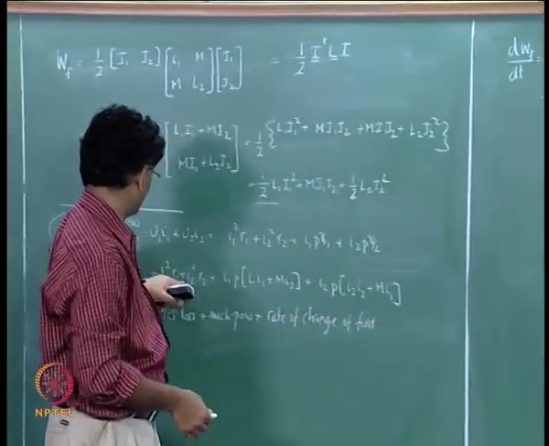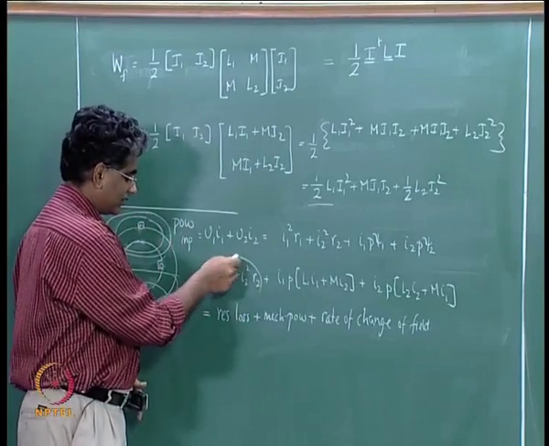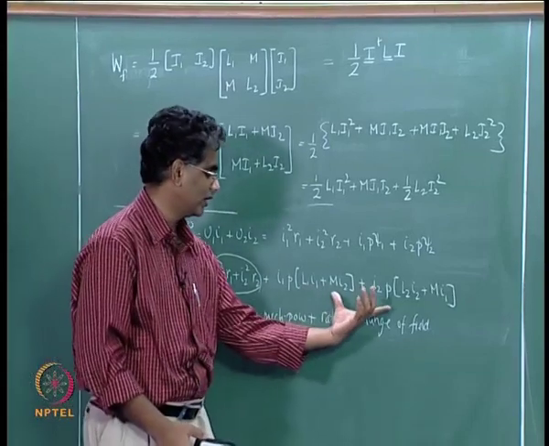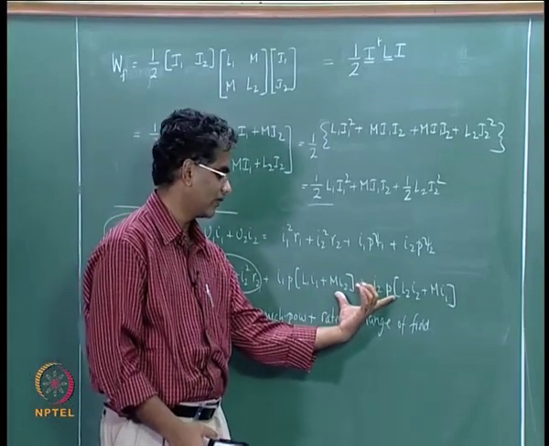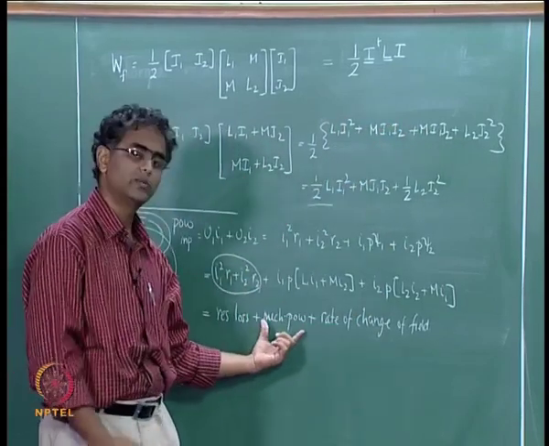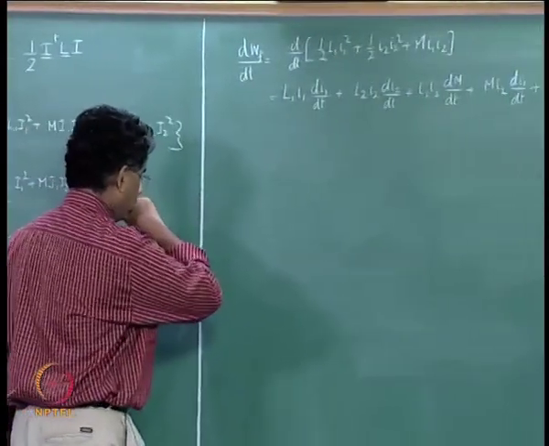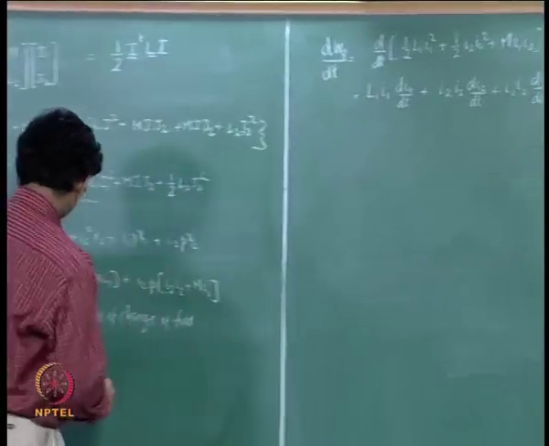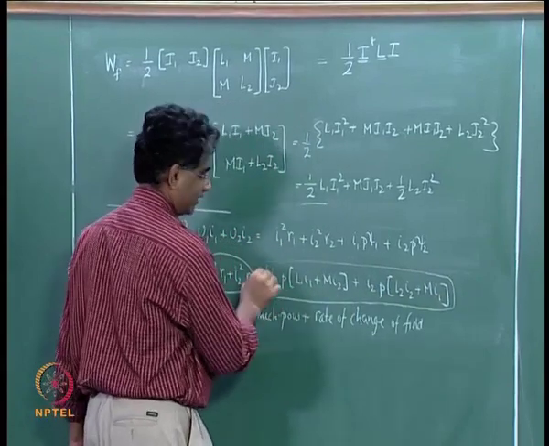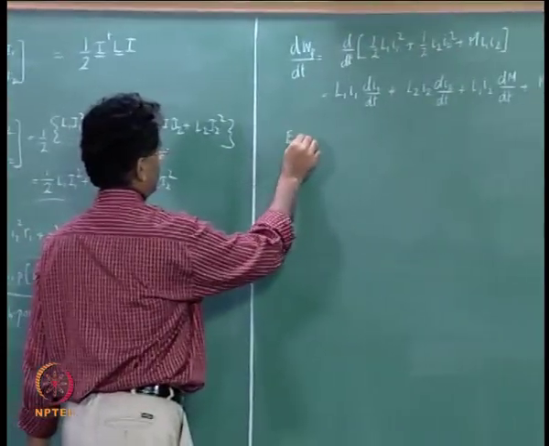And what do we get from input power? We know that this component is the resistive loss, so let us leave that aside. We now need to look only at these two terms, and identify what part of it is rate of change of field energy, then the remaining part is the mechanical power. So let us expand this expression as well. Let me call this expression E, then E is